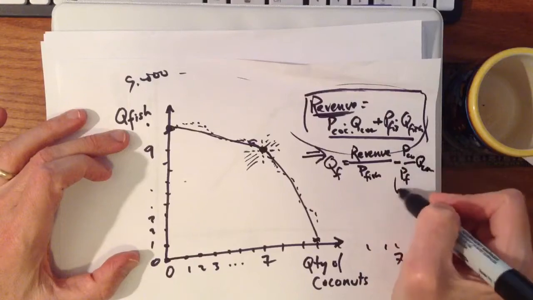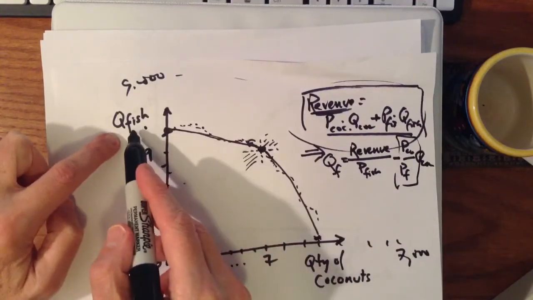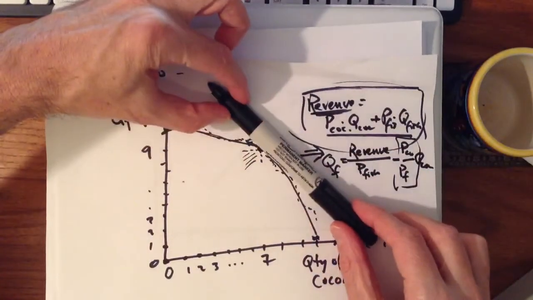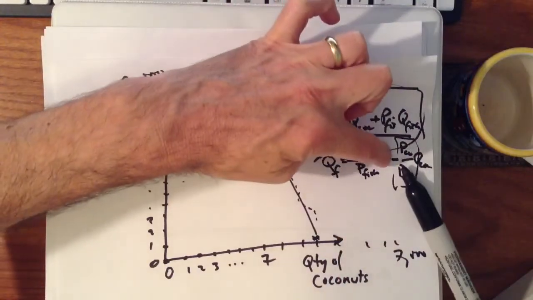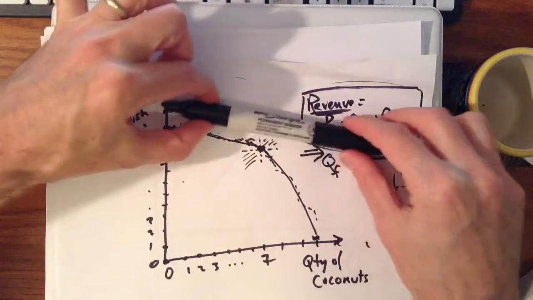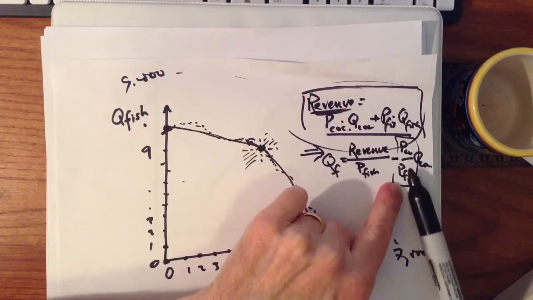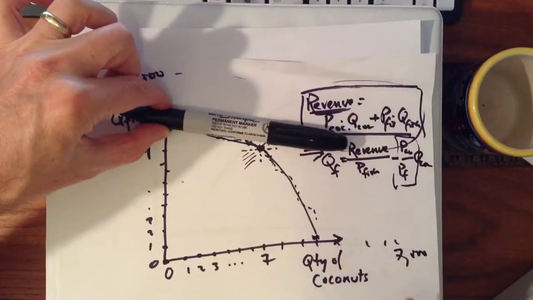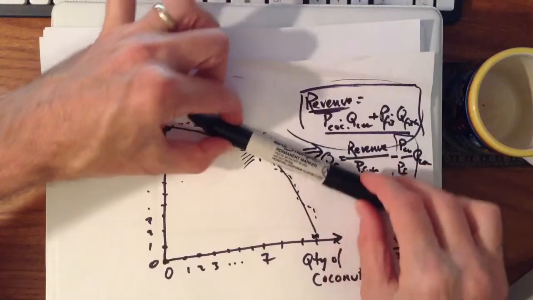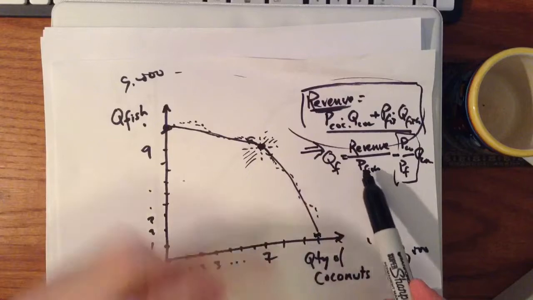So this ratio, the price of what's on the x-axis over the price of what's on the y-axis, gives us the slope of a line which has a negative slope that is flatter if the price of fish is higher, so that this ratio is a smaller number and a flatter line. So as the price of fish gets higher, this line gets flatter, and the farmer, our prediction about their behavior,